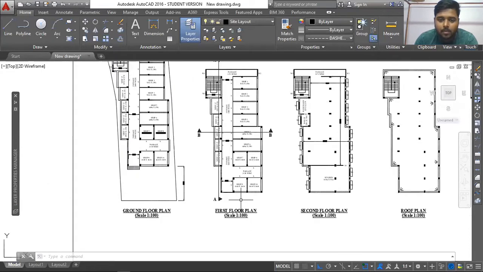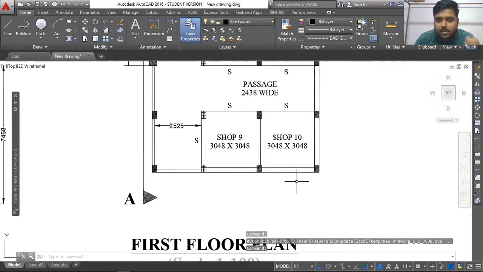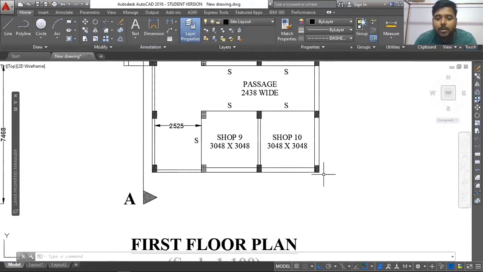If I'm going to print this particular drawing on a paper, whenever it will be printed on a particular paper, then I'll be measuring the actual drawing that is printed on a paper. I'm going to measure that with a physical scale.